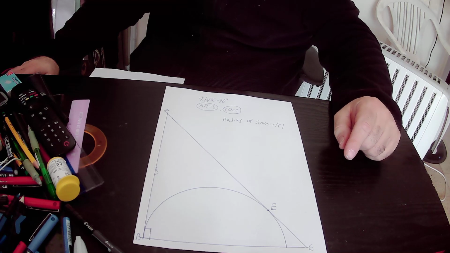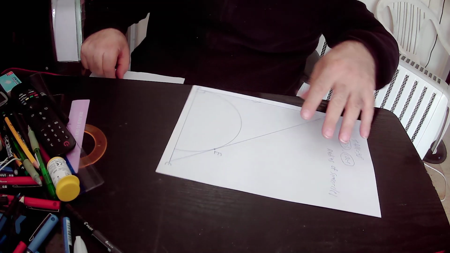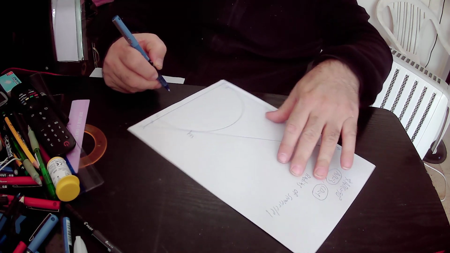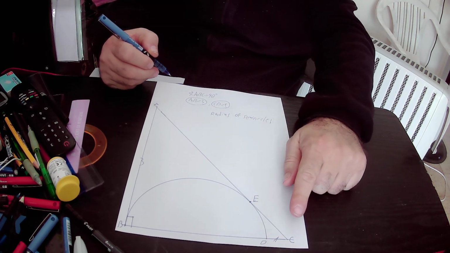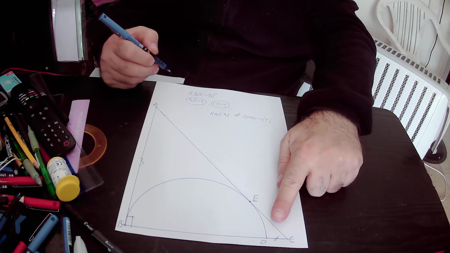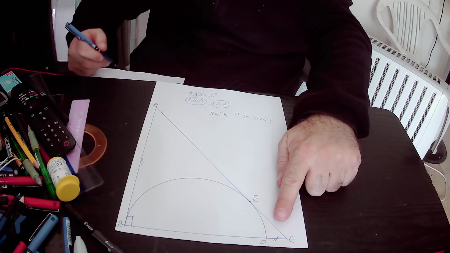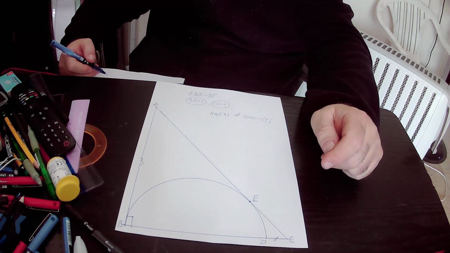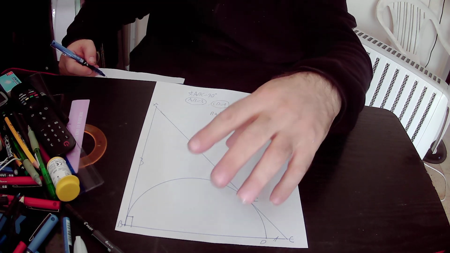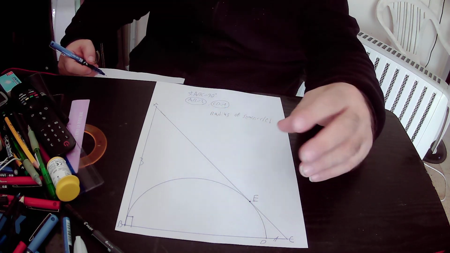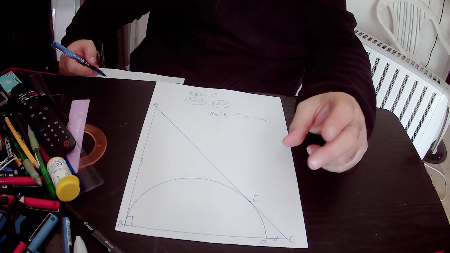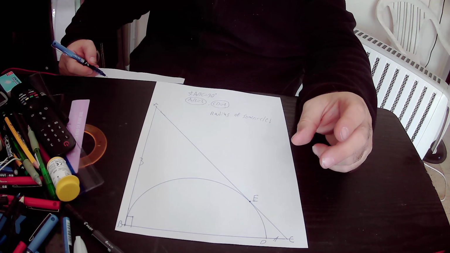And we also know that side CD, this side, or line segment CD, equals 1 unit. And we want to find out the radius of this semicircle that is actually inside triangle ABC. Okay,